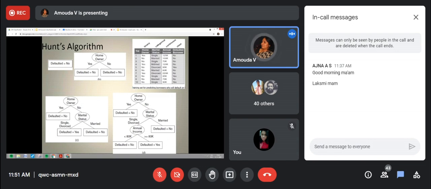So after seeing here, the condition is that you have to check that homeowner is no. So he is not a homeowner. And if he is married, then defaulted no. Still we are not convinced about the other side, because married is no. Okay, this side is okay, but for single and divorced the default is yes. Yes means further attributes are given to check whether we can give a chance to the applicant. Then, taking this into consideration, check this condition also. Then you decide whether this man is a defaulter or not.